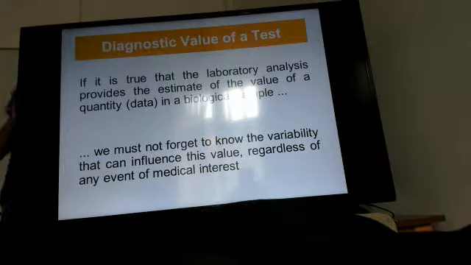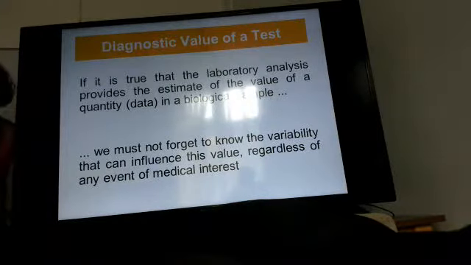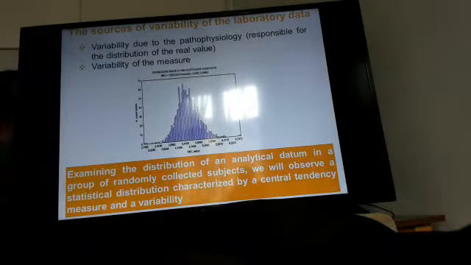And it means that the more a test has a diagnostic value, the more the value that is measured is near to the real value present in the patient. So I measure in that sample of blood 9, it means that the in vivo concentration per milliliter of blood should be nearest possible to 9. Because I have to look at the same thing. I don't want to measure something that is changed in the meanwhile. Otherwise, the therapy will not be really